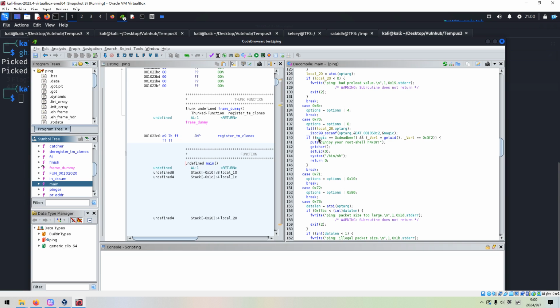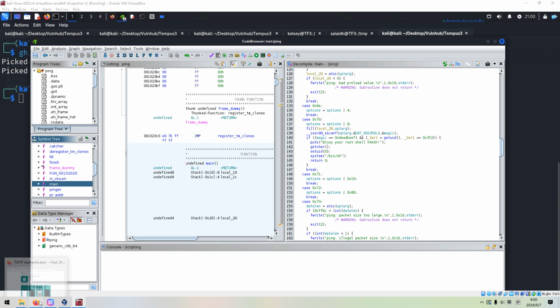However, you can see the two conditions. The magic should be this one, DEADBEEF, and also the variable, var1, and the UID. The UID should be equal to this one. Of course, this is hex.